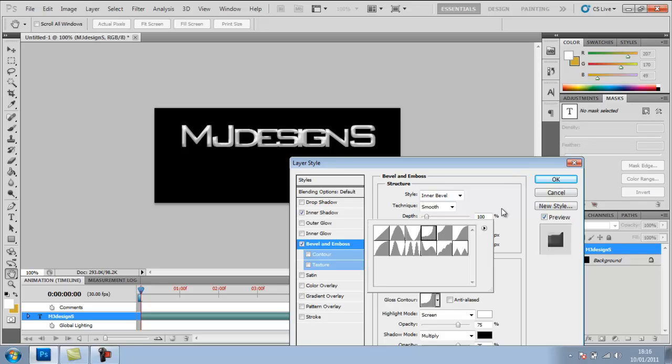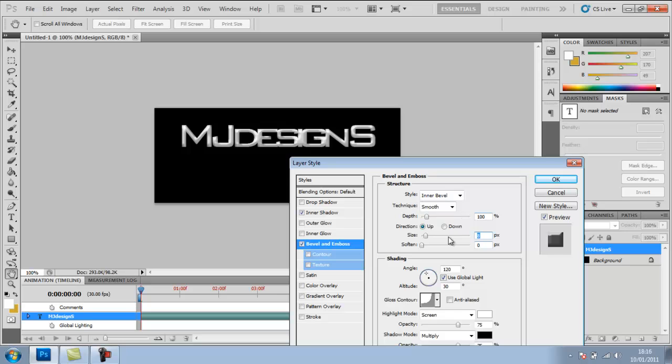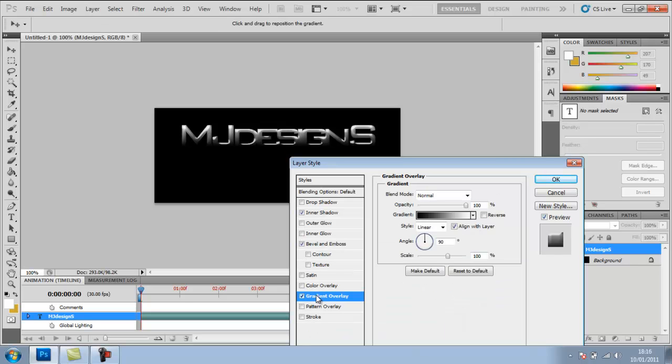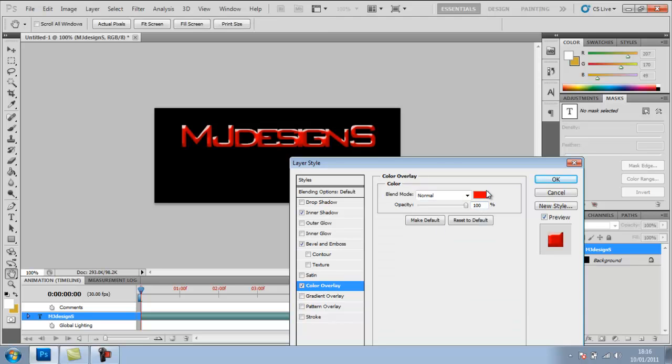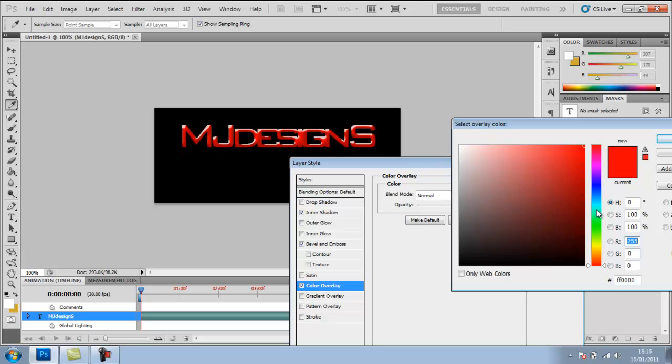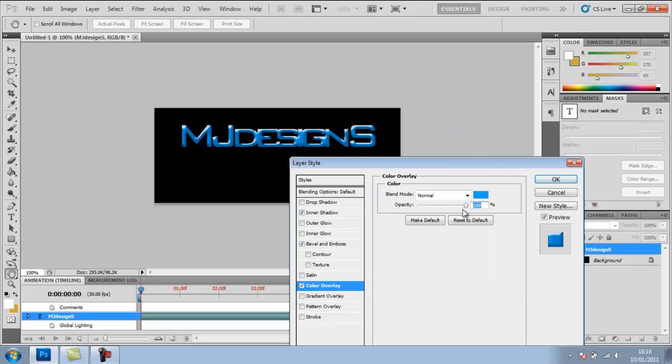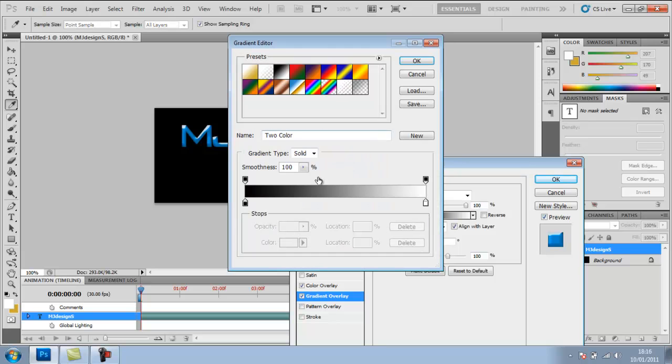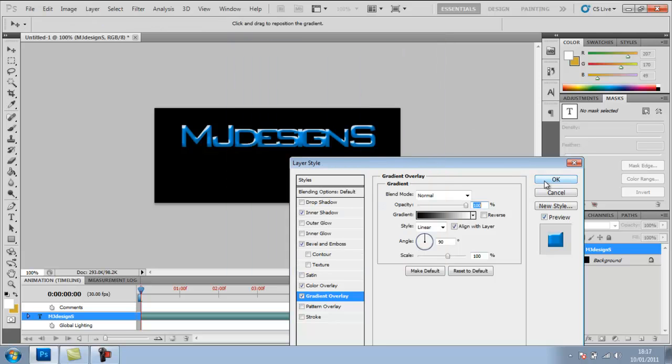Next, we're gonna need to add some color. There's gradient or just one color. Gradient is a mixture of colors, as many as you want really, and color overlay is just one. I'm going to go with color overlay because it's pretty simple and most of the time it looks nicer. But gradient is your choice. Gradient offers a wide variety of presets really, but you can make your own. So you're going to click OK,